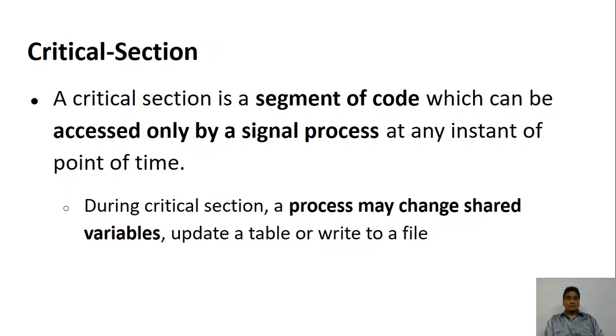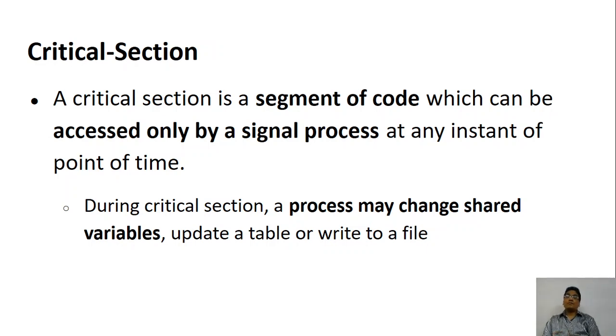So what must be done? In the critical section, which is a part of the code, only one process must be allowed to access the data. All the others have to wait until the updation has occurred. So when you have shared data, only one process goes and updates. Either it writes to the file, writes to a memory location, or does some updates. So when it is accessing the shared location, that code is called a critical section.